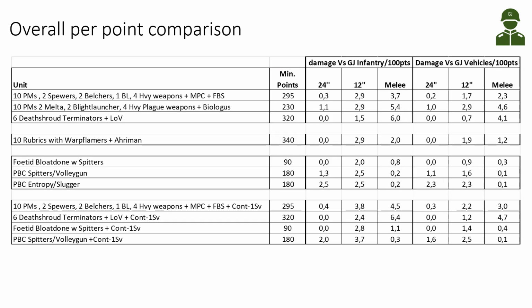So summarizing everything, overall per point comparison, what you saw in the previous tables, I've added also a more standard Plague Marine, 10 Plague Marine squad with Biologus Purifiers, with Meltas, Blight Launchers, and heavy Plague Weapons like I analyzed in my previous table. Here you see the point corrected damage per 100 points versus the average of the infantry you saw on the previous page, and then you see also the damage versus the average of vehicles that you saw in the previous